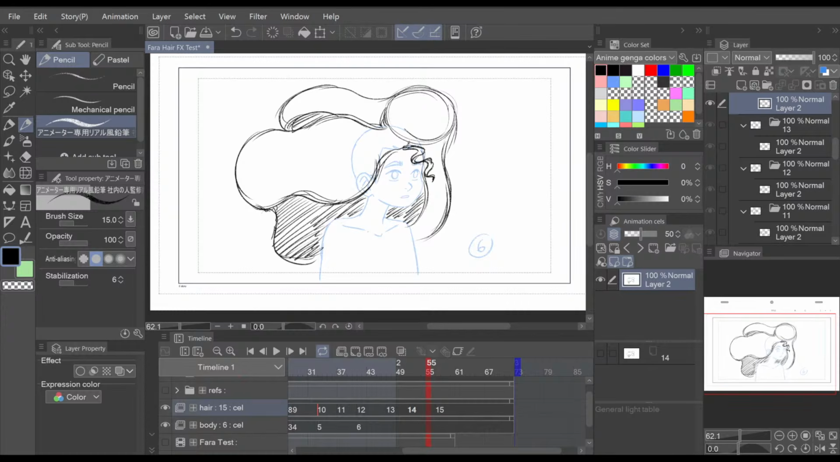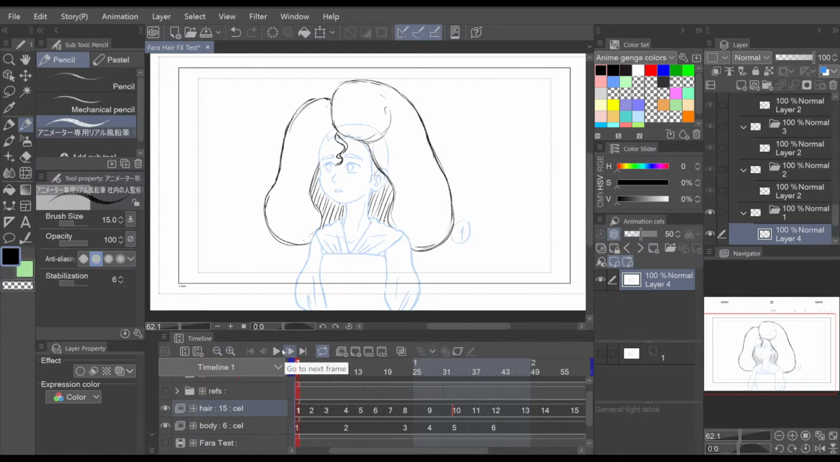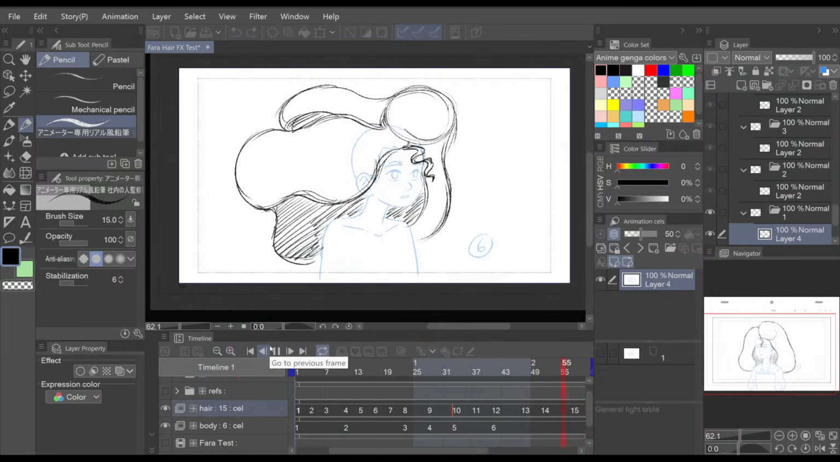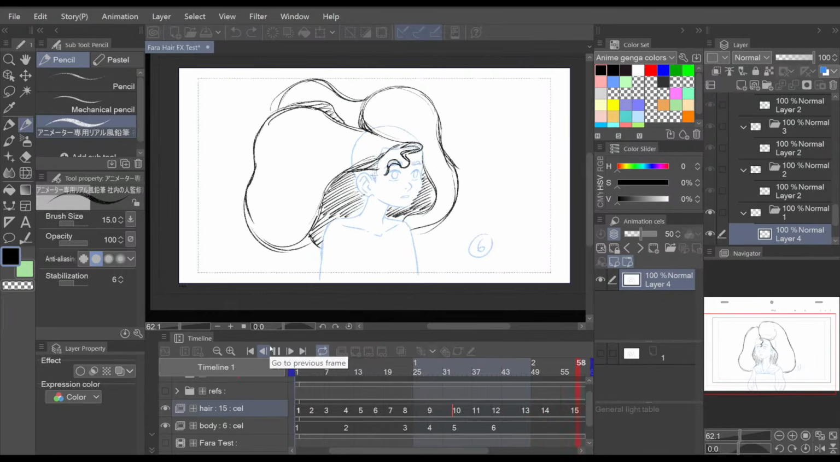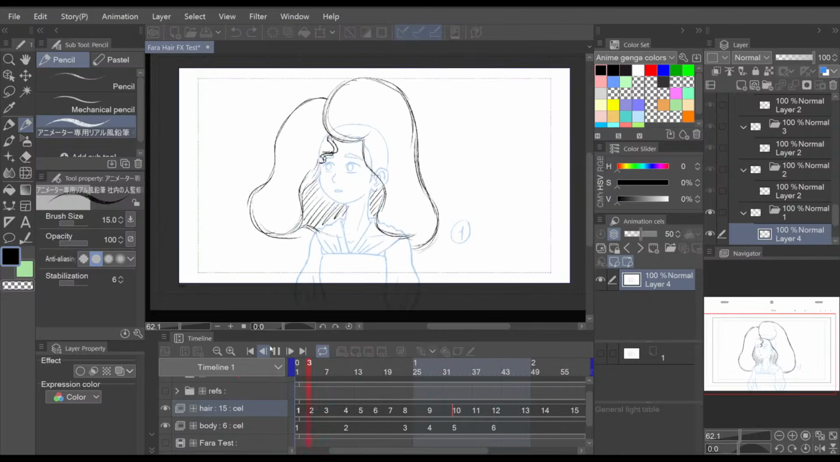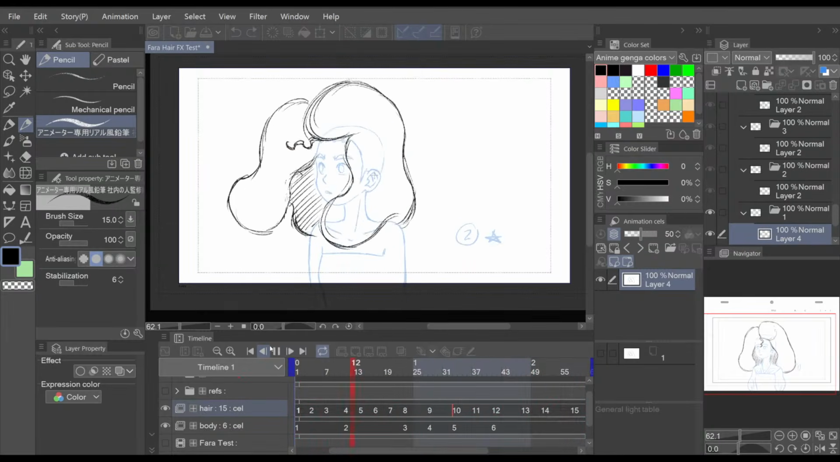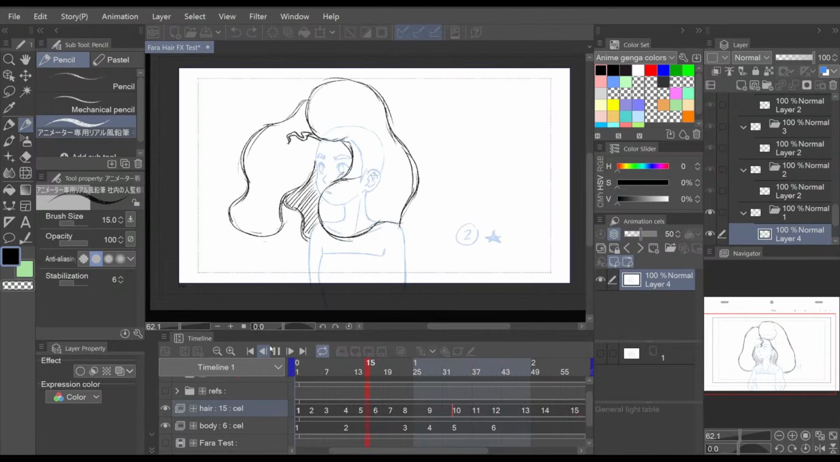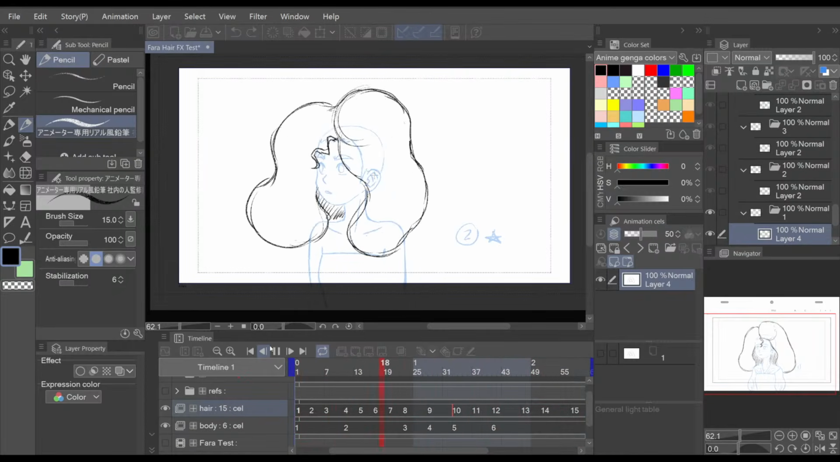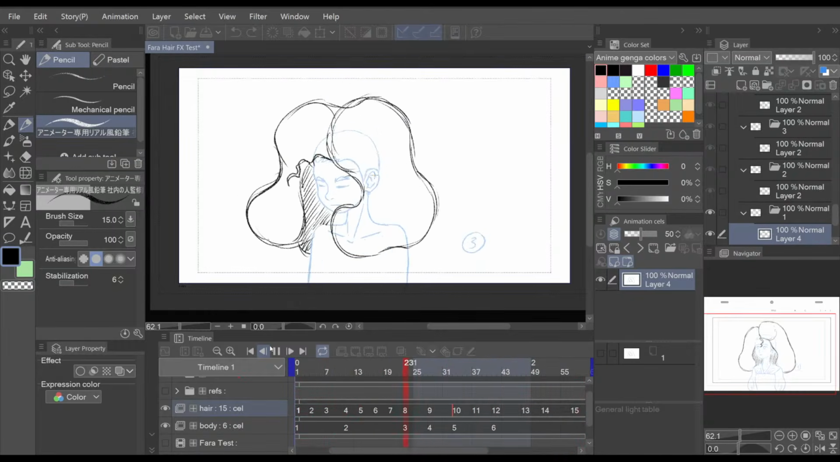Wait a second. Okay. Yeah, I think this is a good progress. With this animation, you can also calculate how difficult it's gonna be to animate this kind of hair effect,